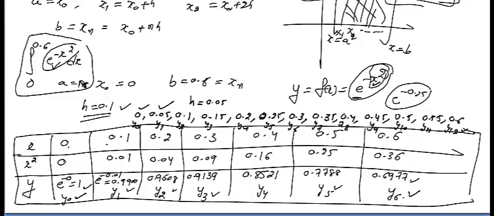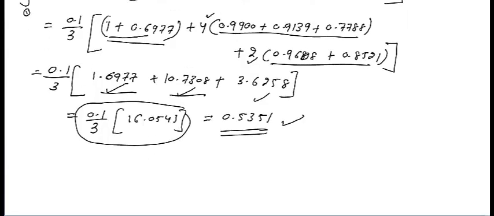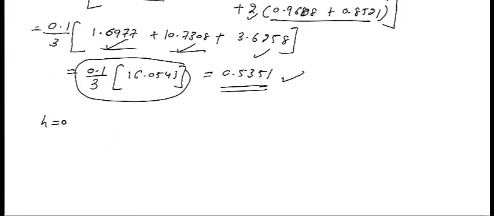And even the same thing, if you take h equal to 0.2, meaning a jump of 2. So then what will you get here? Because you are taking h equal to 0.2 and the starting is 0. So next will be 0.2, next will be 0.4 and next will be 0.6. Means here corresponding to this x you will get y0. Here you will get y1, here you will get y2, here you will get y3.